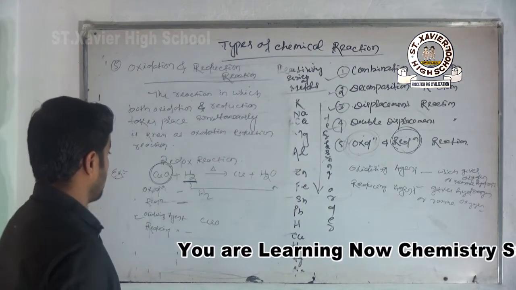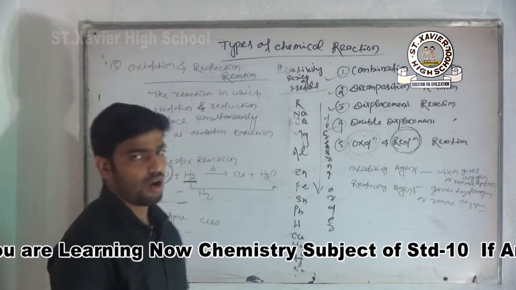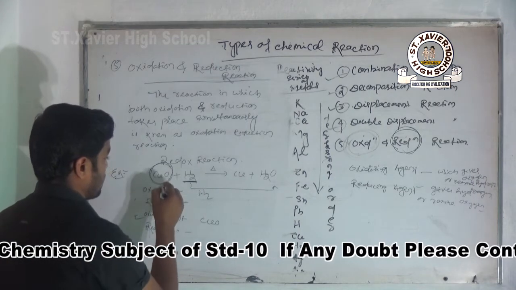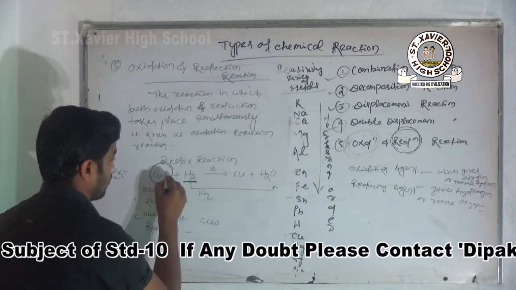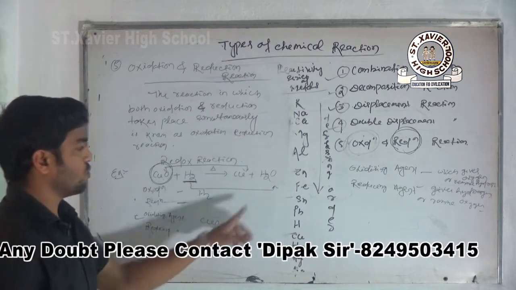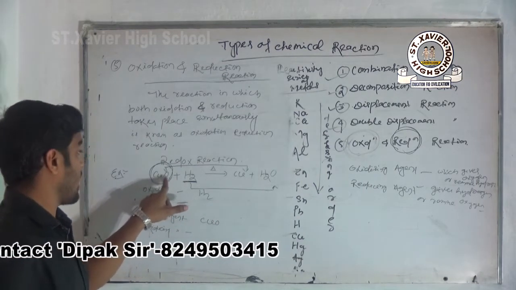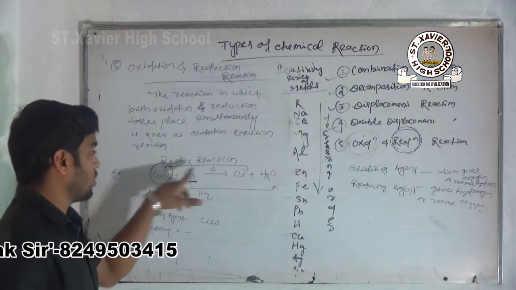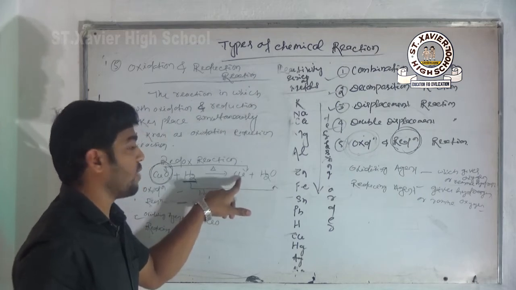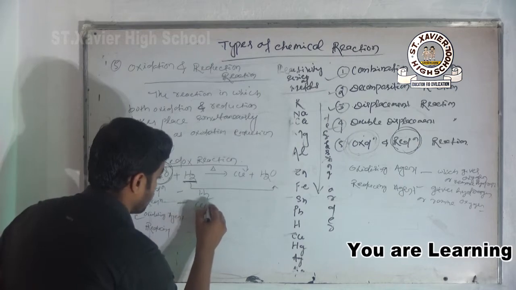Then comes to reduction. Reduction किसका हो रहा है? Comes to the definition. What is reduction? Addition of hydrogen or removal of oxygen. Okay, so here just compare. Previously in the reactant side it was CuO, but now in the product side it is Cu. Here oxygen was added with copper to form CuO, but in the product side it is only Cu, that means without oxygen. That means here removal of oxygen will take place. So reduction किसका हुआ? That means CuO.